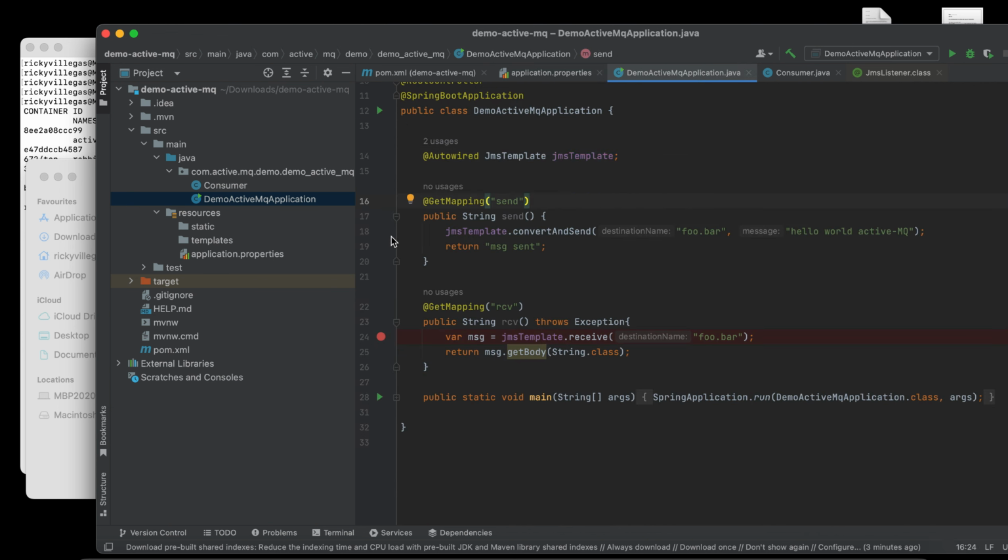Okay, so let me show you how to send a message to our ActiveMQ. In this demo, I will send this dummy message to this queue name or destination name. Let's run this first.